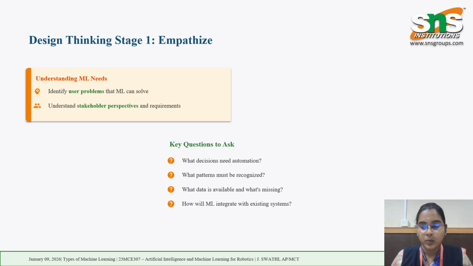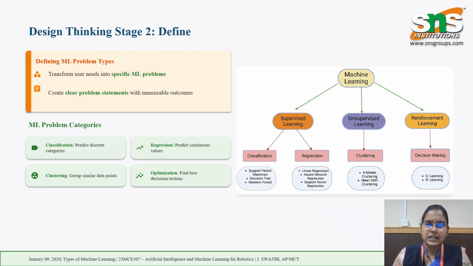Getting into the robotics application, we have to answer what decisions need automation. Maybe I will have one application, and my client's expectation will be for another application. So we need to know the type of automation we are designing, and what learning method is to be adapted. We know there are three types of machine learning: supervised, unsupervised, and reinforcement.